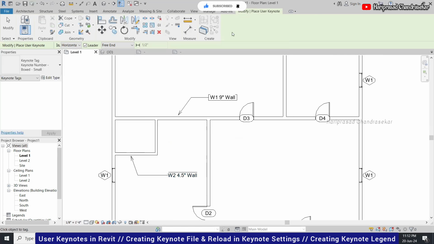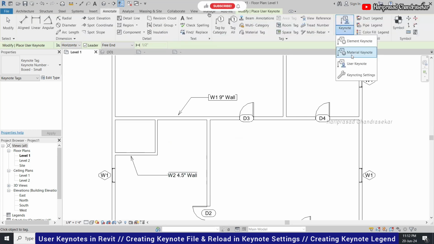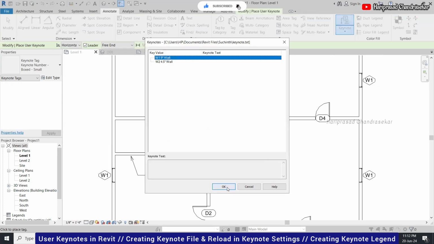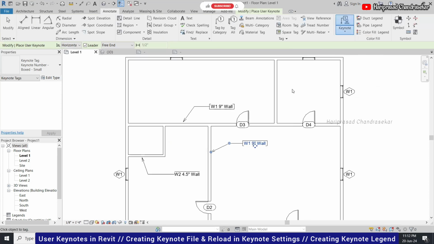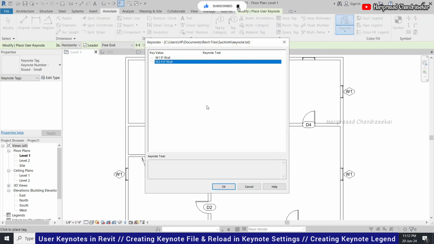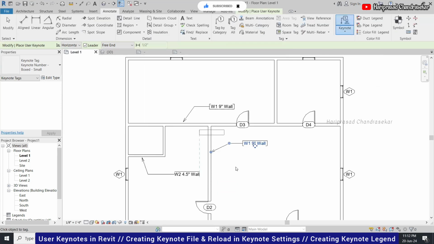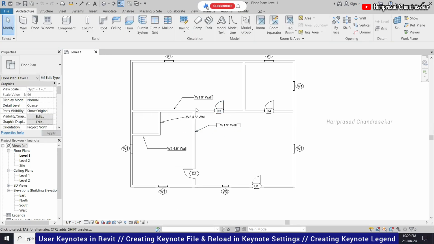Now what we can do is when you go for keynote again, it will automatically get the, see. Okay, actually it is not classifying it. So every time we are just doing it. But normally it will also take because this is also the same, right? Yeah, so that you can just put the user defined keynotes. Okay, so the keynote was coming like this.